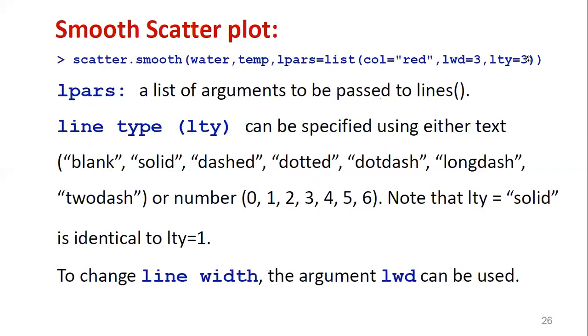So here we use lty equal to 3, meaning the fourth one. What is the fourth one? Dotted line. These are all the various labels as well as their equivalent codes. You can use any one in place of lty. If it is a code, directly you can provide the value. If it is a label, within double quotes you can provide these labels. Now we will also demonstrate this one.